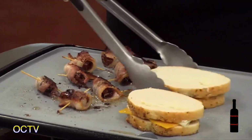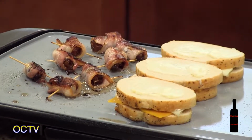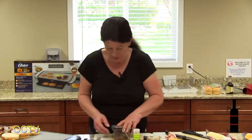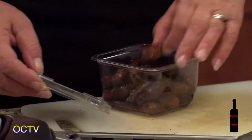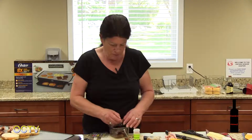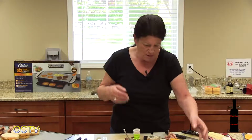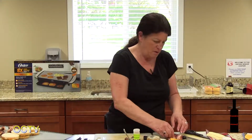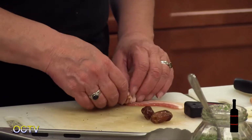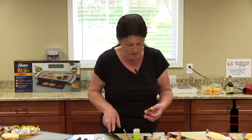So I'll put these guys on, let them start toasting up. And then, I should make up a few more bacon dates to get those ready to throw on. So what else has been going on? Well, you saw our last episode, we shot with Pete at the fire station, which was really cool. He said a lot of things I hadn't thought about, and in this day and age, it makes perfect sense. All the firefighters have to be trained on all equipment all the time, because you can't send somebody out that doesn't know all the equipment, because they don't know what they're going to run into. And I was hearkening back to the days of the volunteer fire department where...